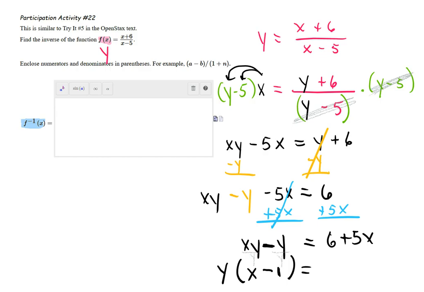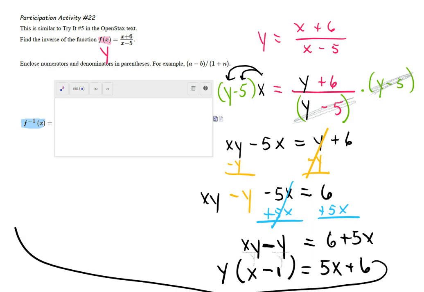Actually, I don't like 6 plus 5x. Again, I'm putting them in descending order. I'm just being obsessive. You don't have to do that. Okay, I've run out of room, so follow me. And now what I have is y times x minus 1 equals